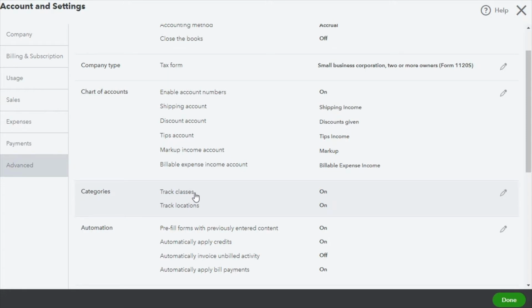And the class is the same thing, except in other systems what they would do a lot of times is they used to keep the GL account codes all in one chart of accounts. So you'd have rent, and that's department 6000. And then rent for department 1 was GL account code 6000-001. Rent for department 2 was 6000-002. And then you could run reports based off of the 001 subcategory and 002. But then what would happen is you'd also have on your chart of accounts utilities-001, utilities-002.